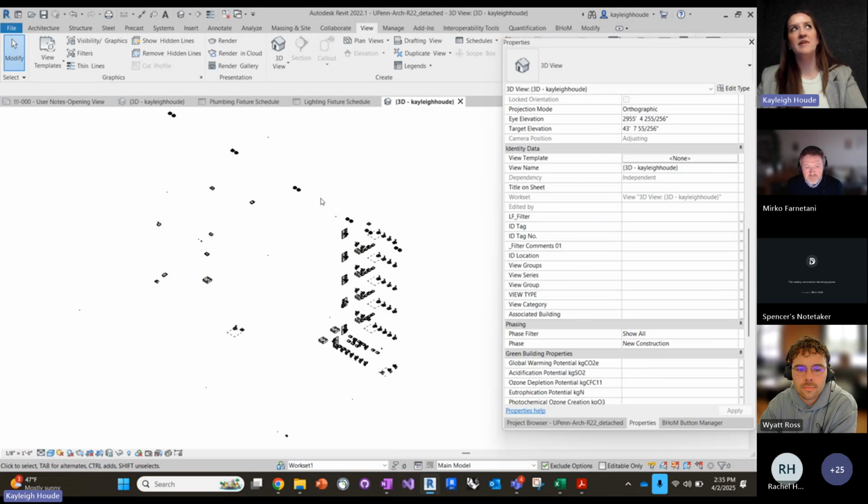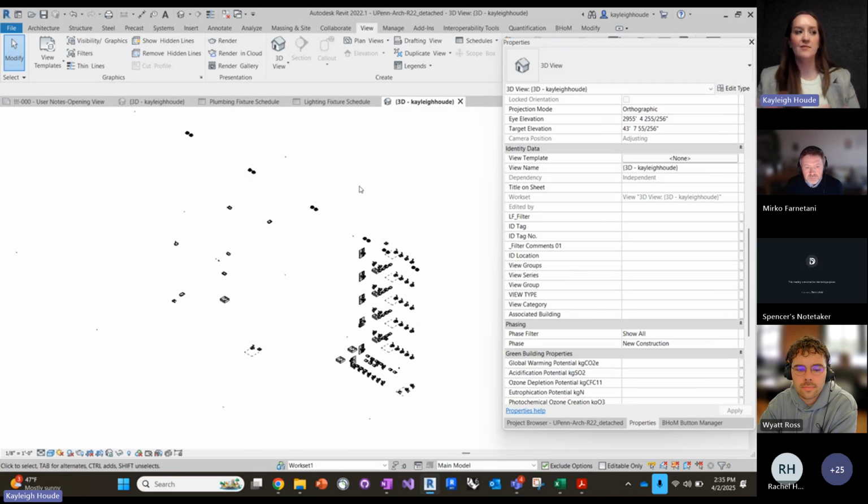In terms of EPDs that we were able to find, it was really easy to find Kohler toilets, lavatories, faucets, urinals, all of that stuff was readily available to us. Had more difficulty finding things like drinking fountains and mop sinks, so we put those under exclusions. But general plumbing fixtures used for bathrooms were pretty easy to find EPDs for, so we've included all of those in our inclusions list.